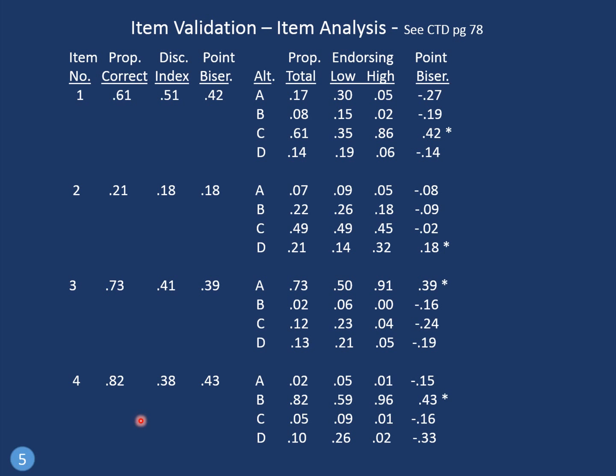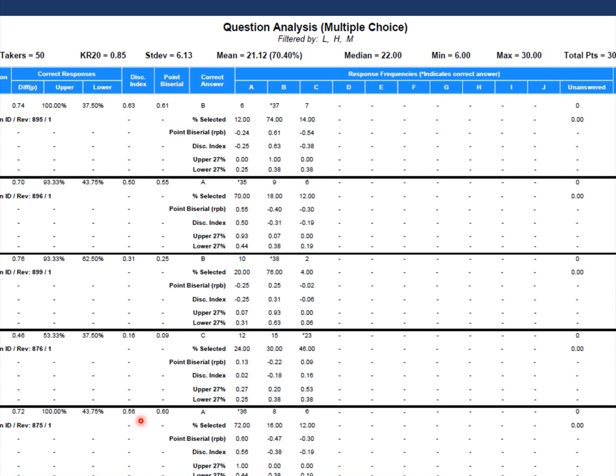So that's the basic approach to item validation, and I mapped this out more in the book, but this either has to come from a separate program or getting it out of an LMS, which is not easy. So I'm very happy that I can get this information from the question analysis in ExamSoft, and additionally I get a reliability coefficient, standard deviation, the mean, median, lowest score, highest score, number of points, and I can look at my item. I'm using a trackball, so I'm shaking a little bit here.